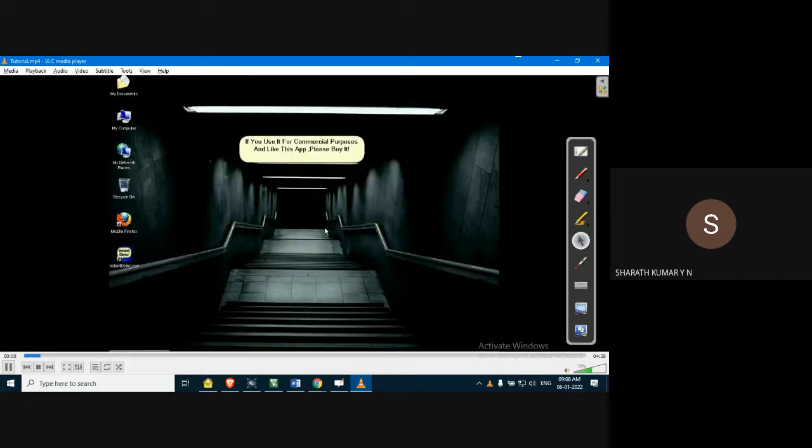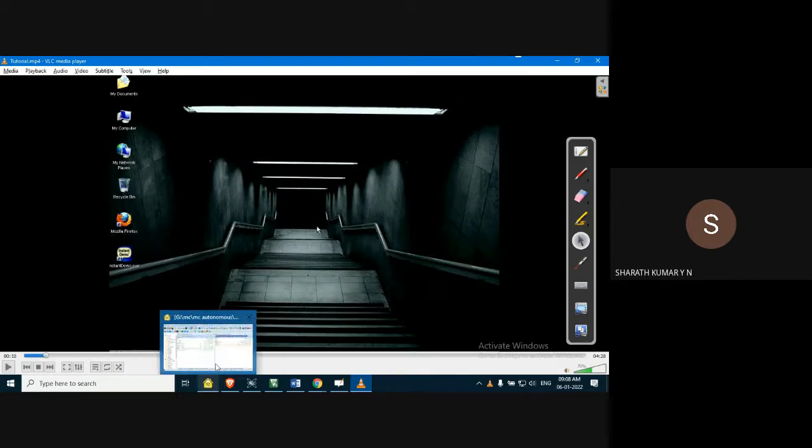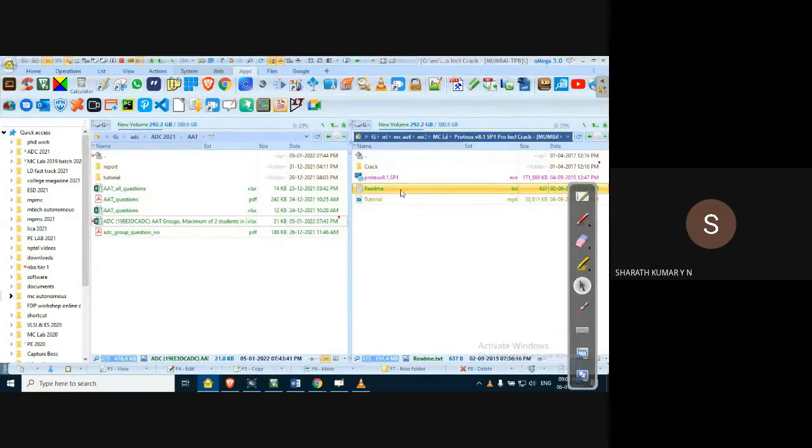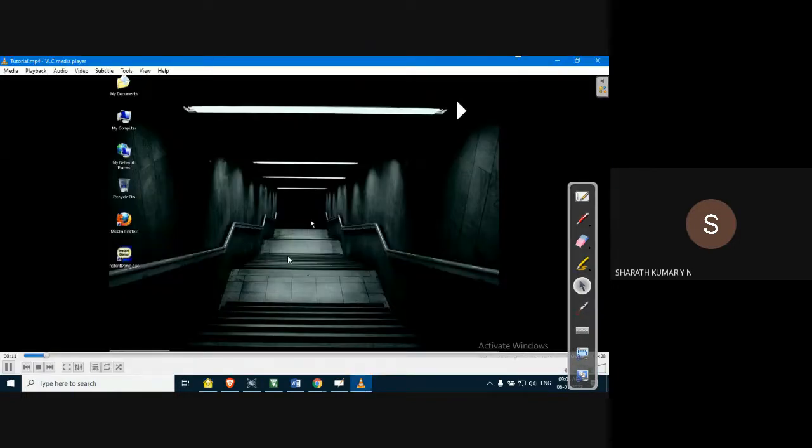Okay, so when you download the folder, it has these files. Let me show it in my system. So it has an installation package, a README file and the crack. Okay, so it has two folders. One is which we have to use before installing the Proteus and one after installing the Proteus. Basically it is a key. Both the folders have a key. And the second folder has two files, bin and models. Okay, so let us quickly look into the installation procedure.